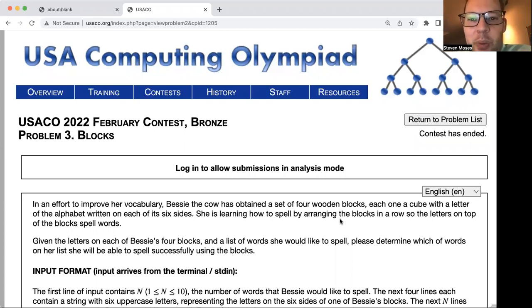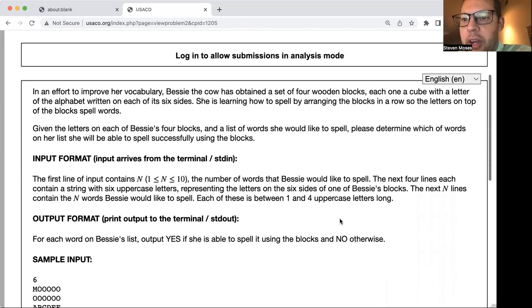What's up, everybody? In this video, we're going to cover USACO's 2022 February contest at the bronze level, problem number 3, Blocks. In an effort to improve her vocabulary, Bessie the cow has obtained a set of 4 wooden blocks,